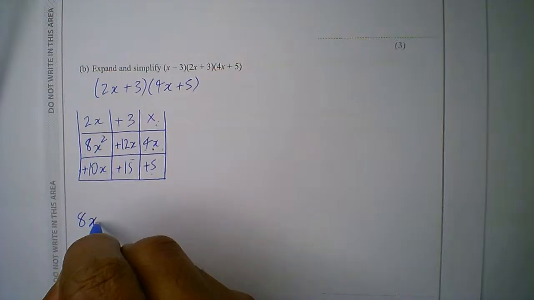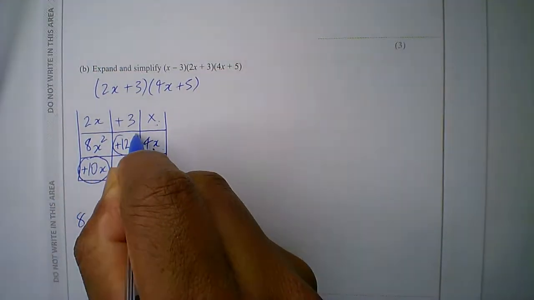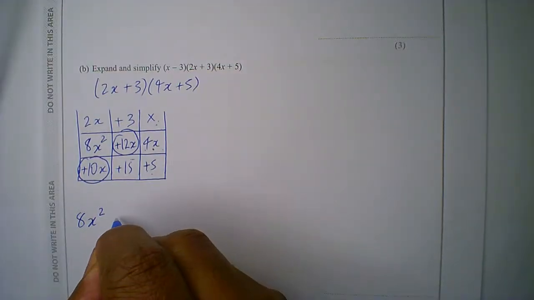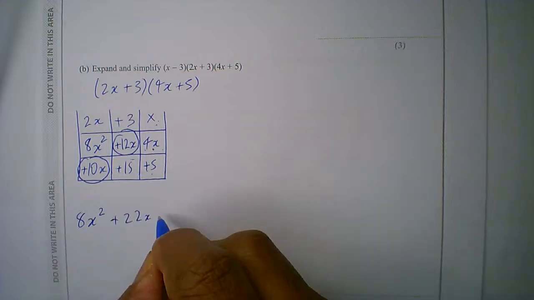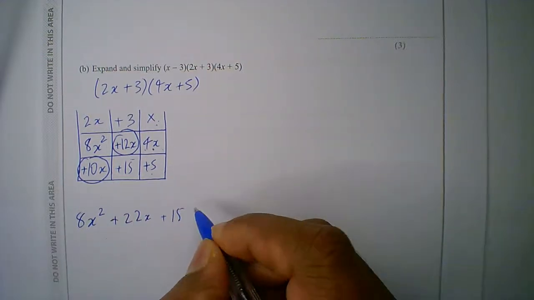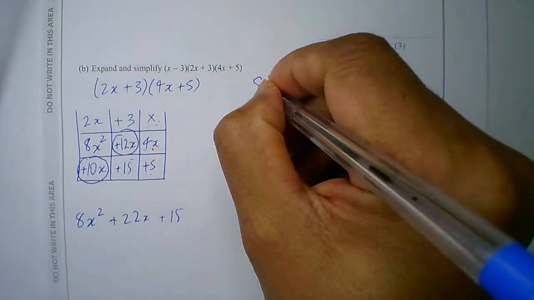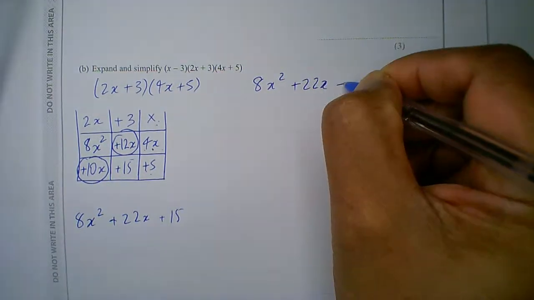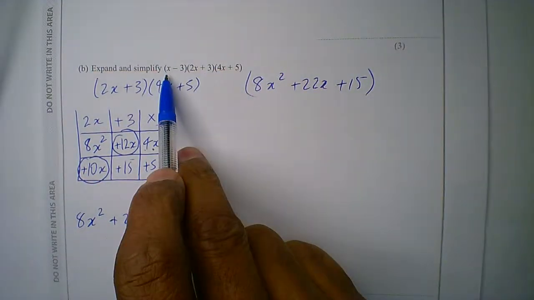So this is 8x squared, 10x plus 12x gives me 22x. And then I've got 15 here. And so now this becomes 8x squared plus 22x plus 15 multiplied by the term that I haven't multiplied with